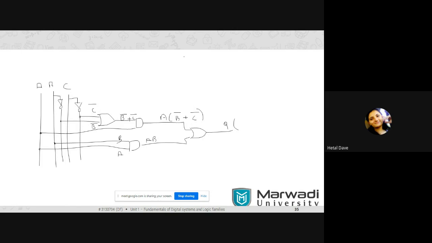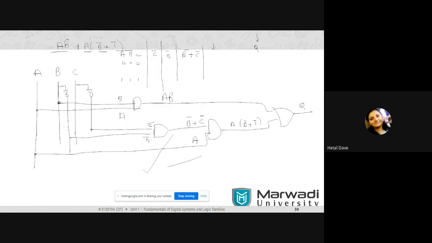Then you will make the truth table. How many variables are there? 3 variables, so A, B and C. You will write the truth table for A, B and C: 0, 0, 0, then 0, 0, 1, then 0, 1, 0, up to 1, 1, 1.